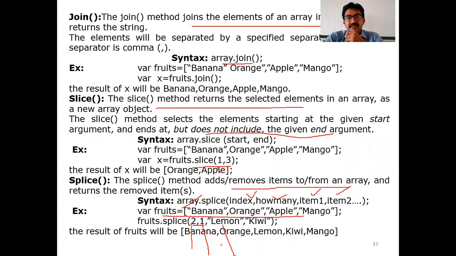If you want, you can see the outputs. The result of the top one, X, will be banana, orange, apple, mango, the first output, because it is joining, separated with a comma. If you want to join, you can join with a specified delimiter or any one separator.